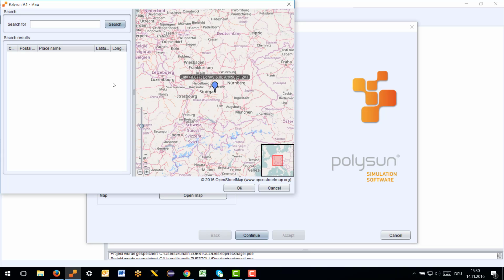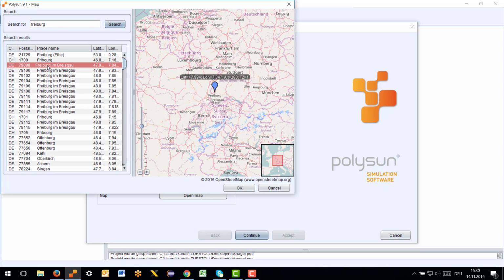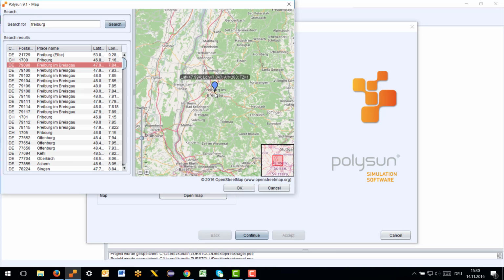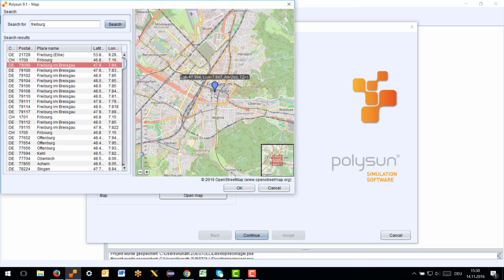open the map and type in the name of your location or the zip code in here. Then you can choose which Freiburg you have. This is Freiburg im Breisgau. So double click on that, and if you want, you can even zoom in here and you can define where